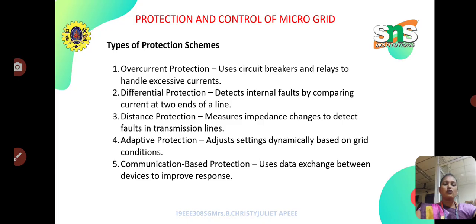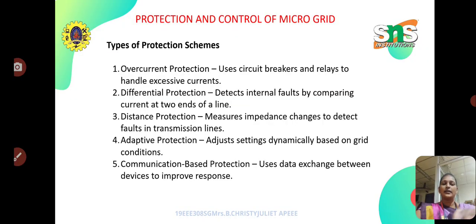The next protection scheme we can offer is differential protection, which detects internal faults by comparing current at two ends of a line. So any internal faults within any equipment or any zone can be easily found through differential protection. Then we can offer distance protection, which measures impedance, or change in impedance, in order to detect faults in transmission lines. So distance protection can be applied for transmission lines. We can also provide adaptive protection, which adjusts settings dynamically based on grid conditions. So adaptive protection is like a flexible mode of protection which will update itself based on the dynamic conditions of